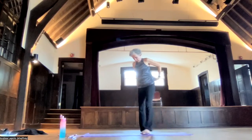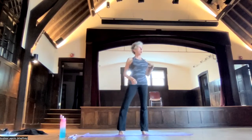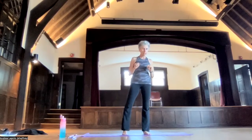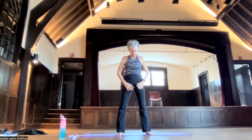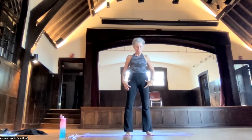So, I've been talking about the core, and now I want to get a little bit more specific about how we essentially divide the core into two pieces in yoga. And we talk about these bandhas, and bandha means lock. And so if you think about the lowest part of your root chakra, the lowest part of you here,